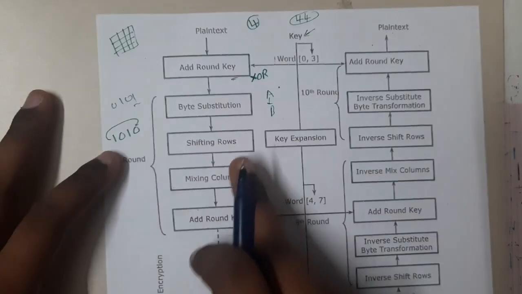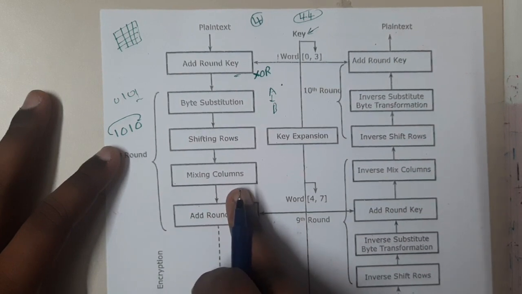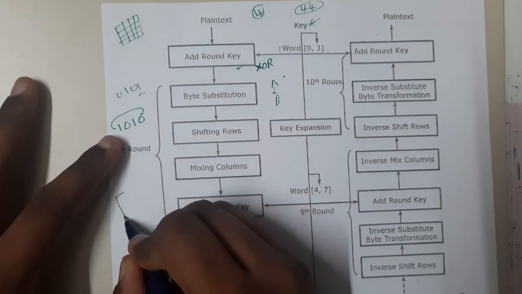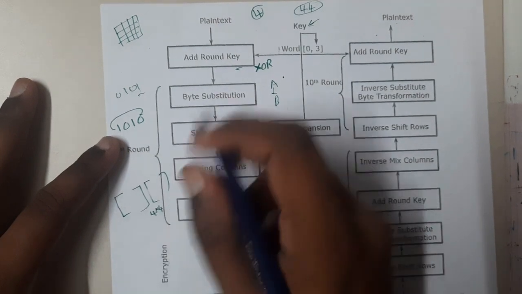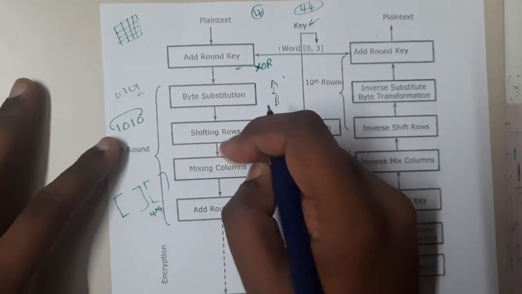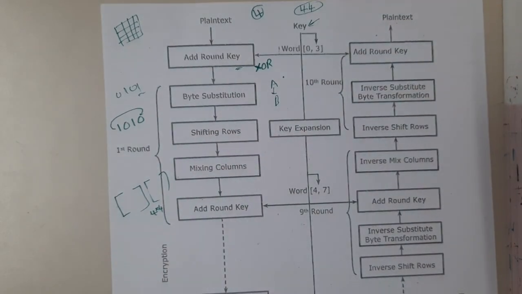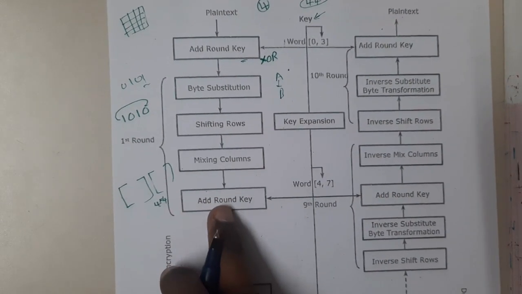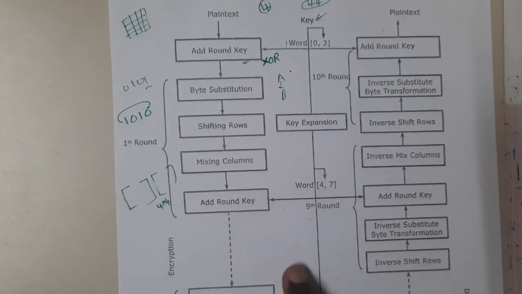After that, mixing columns. Here you will be mixing the columns, guys. Mixing columns is nothing but creating a 4 cross 4 matrix, which you multiply with our word, guys. At the end you will get a result, right? That concept is nothing but mixing, guys. You are mixing both the things, right? At the end you will do the XOR operation between our next round key and this value, and you will get on to the next round.